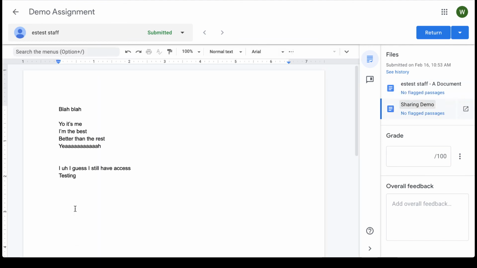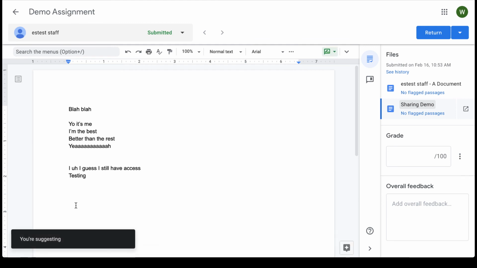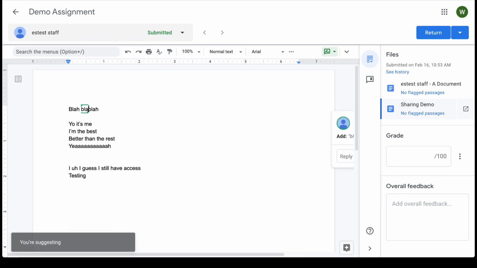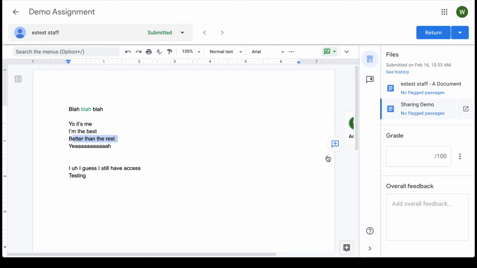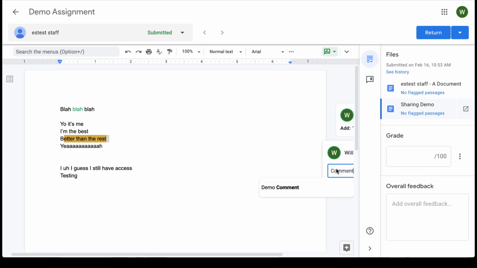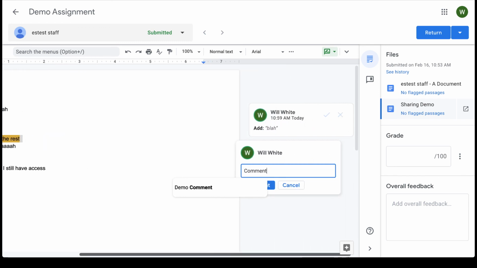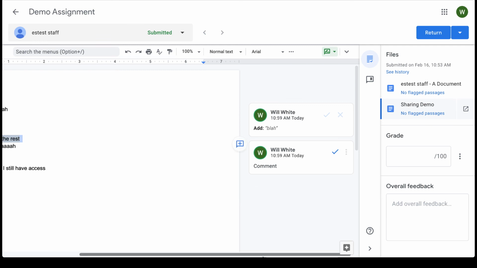So we've got our submitted paper, and you're actually able to make any changes that you would suggest right here on the paper. And if you want to make any comments, you can just highlight and click the comment button. And if we scroll over to the right, you can see that there is a comment.